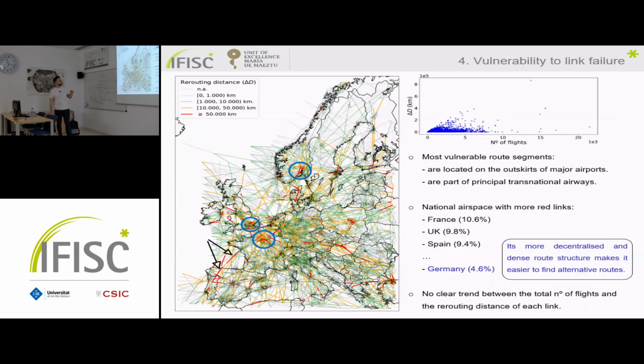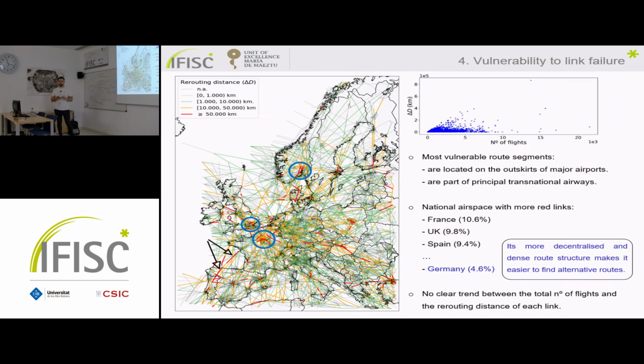Here in this map, I present in red the most vulnerable links. First of all, we observe that they are mostly located close to major airports, as in the case of London, Paris, or Oslo. They can also be part of main transnational airways, as in the case plotted here with the black arrows. Regarding different national airspaces, we observe that most of the most vulnerable links tend to fall in central and